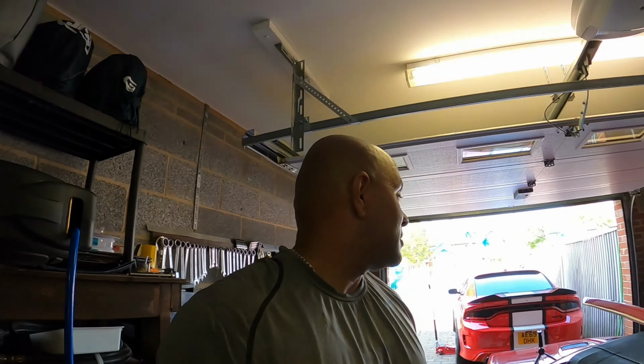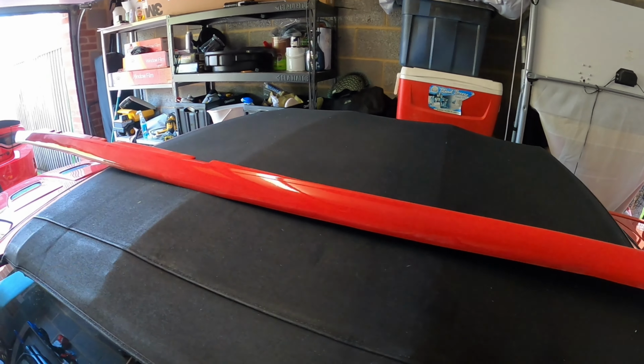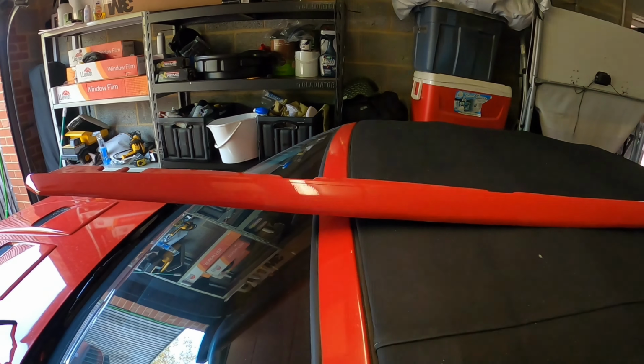Today is the same day, different video, different car, different things. So today I'm gonna end up installing these side skirts and front splitter on my Dodge Hellcat Charger. Let me go ahead and turn this camera around. So here's the side skirts, well, one of the side skirts. I'm gonna show you guys how I'm gonna put those on. And in addition,